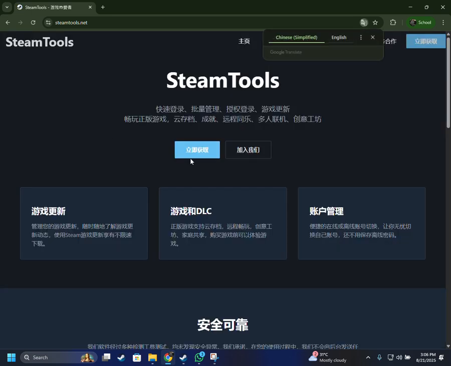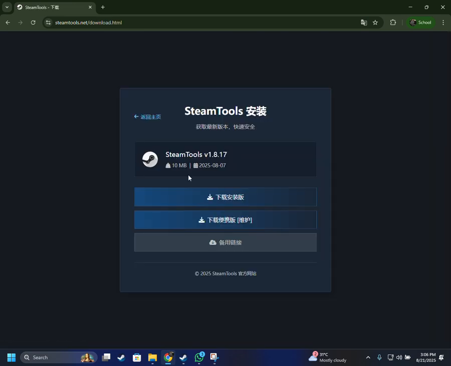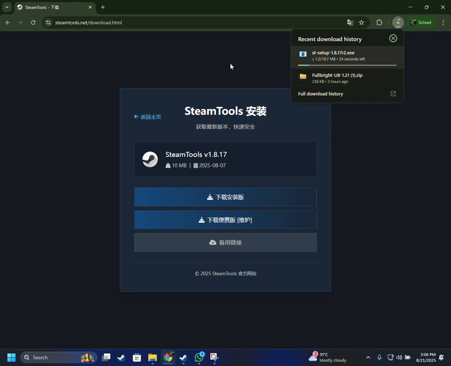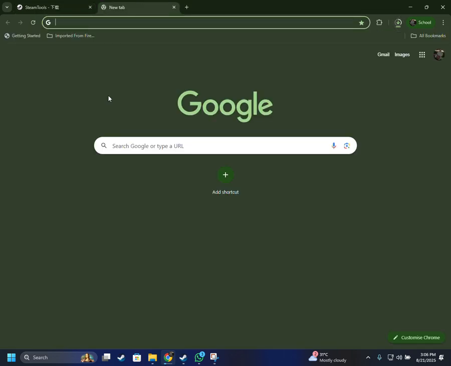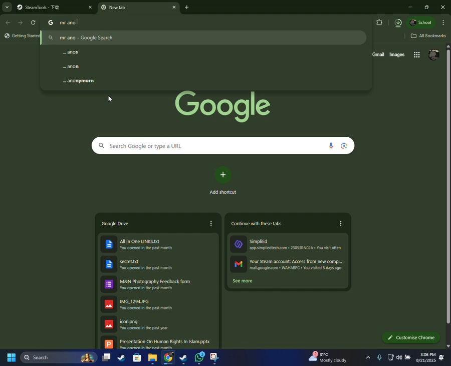Steam Tools is a very reputable piracy site in China. So this means installation link in Mandarin. So just download this. Yeah, so you can see here ST setup and then the number of the version. Then you're gonna go into